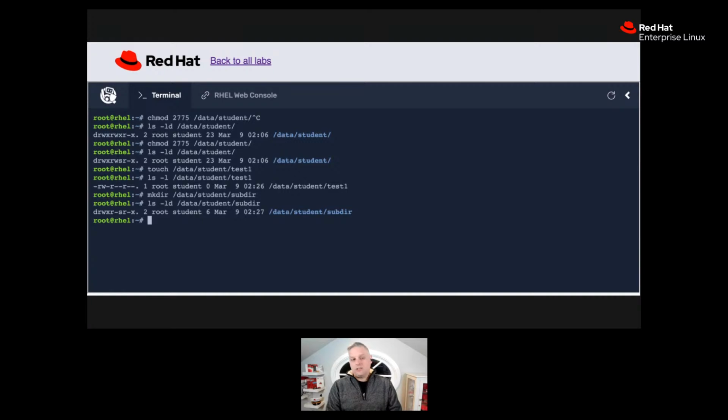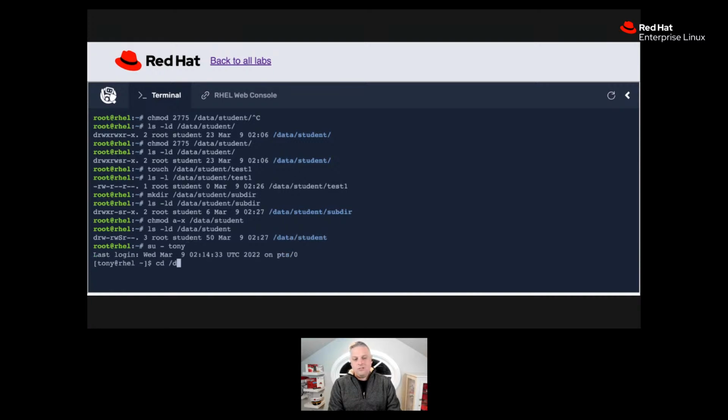So if I was to remove execute on data student, right? So notice that nobody has execute. Also notice that the SGID permission has become capitalized. It turns out that because SGID occupies the same field as group execute, the capitalization of that S tells me whether execute is on or off. So by looking and seeing a capital S, I can see that SGID is present, but execute for that group is not present. Okay, let me go back to being Tony,